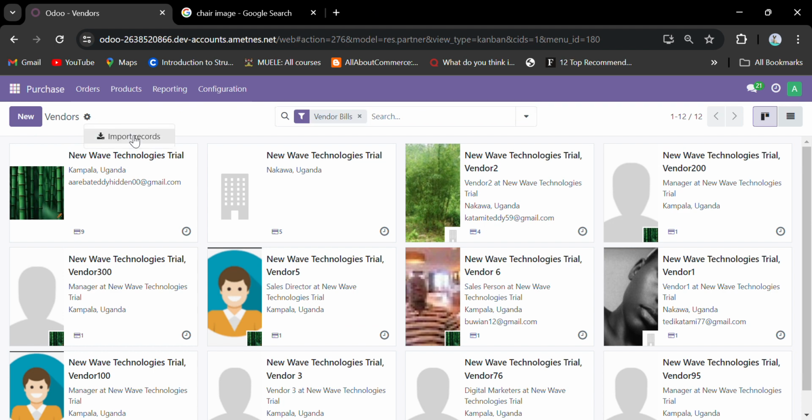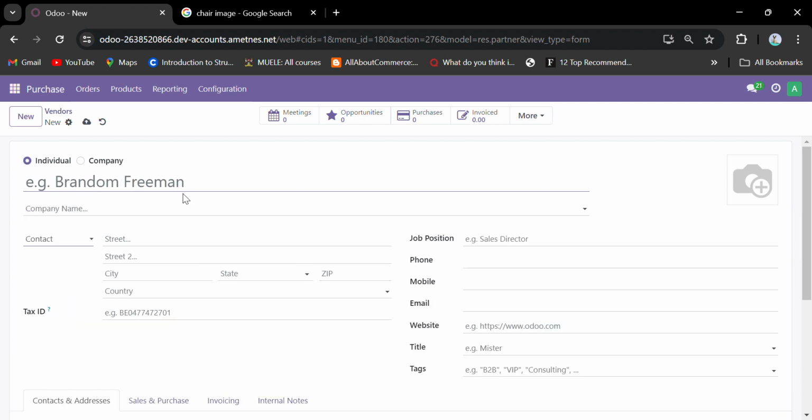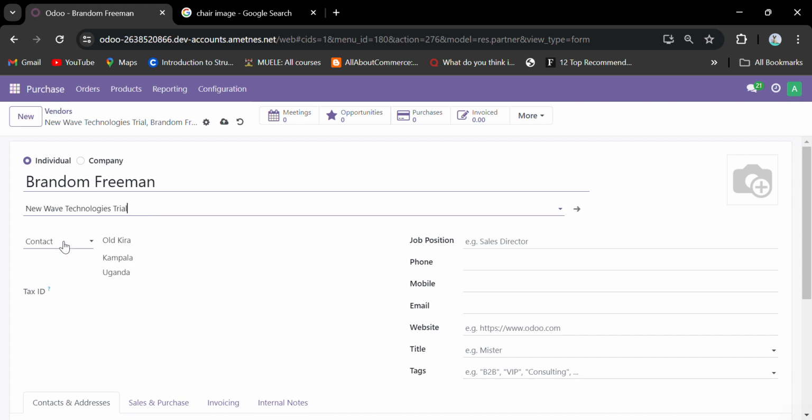Let me just create a new vendor here. So you can create a vendor as a company or an individual. So I'm going to create one as an individual because I already have a running company. Let me just use this name. So that's their name. Then the company they belong to is one that I already created, which is New Technologies. So it's going to populate the location based off the location of the company. And what I'm going to do is I'm going to give them a position. This person is a sales director,